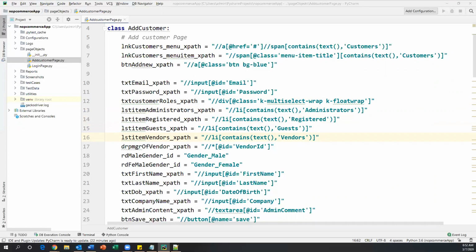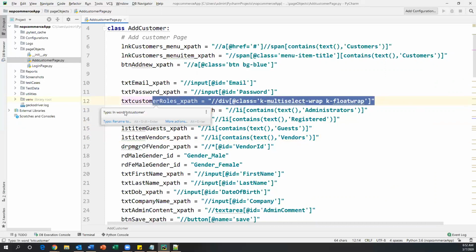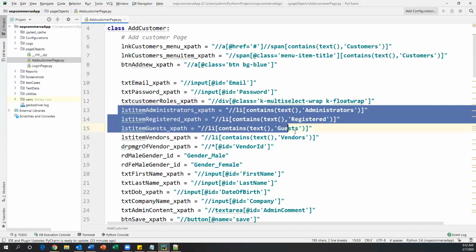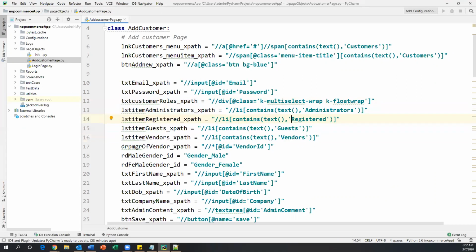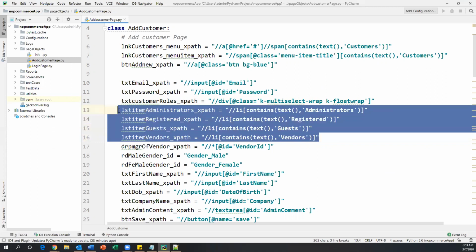All right. So this is the actual customer roles text box, and these four are the roles of the customer, and everything I have found as list items. So the list item is a partial XPath: contains the text registered, contains the text guest, contains the text vendor. So this XPath I have generated manually and written here.